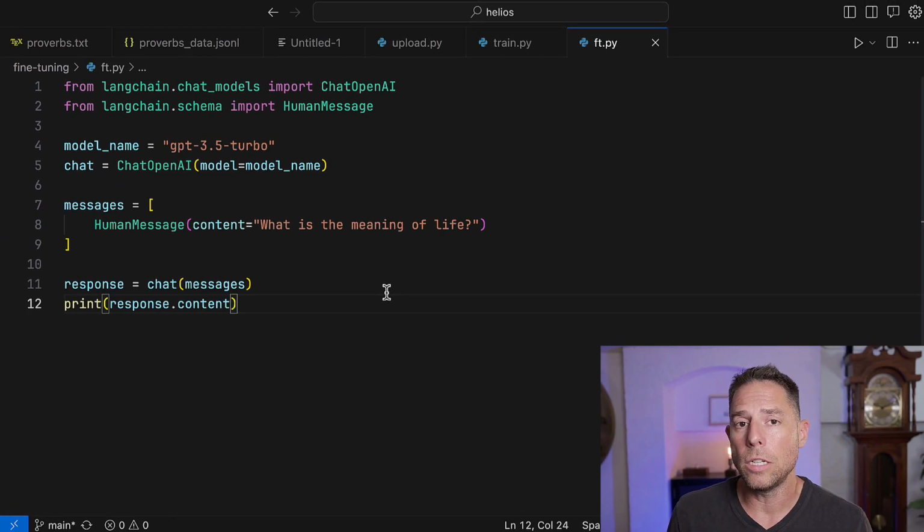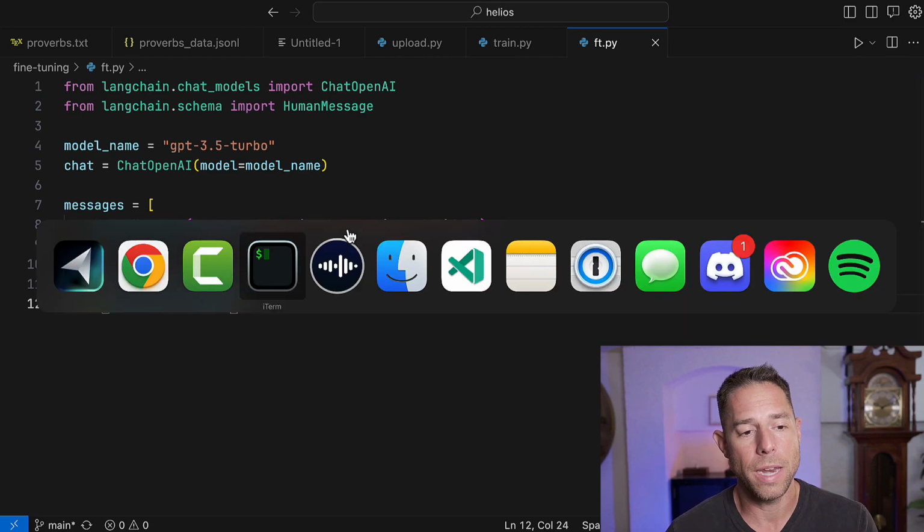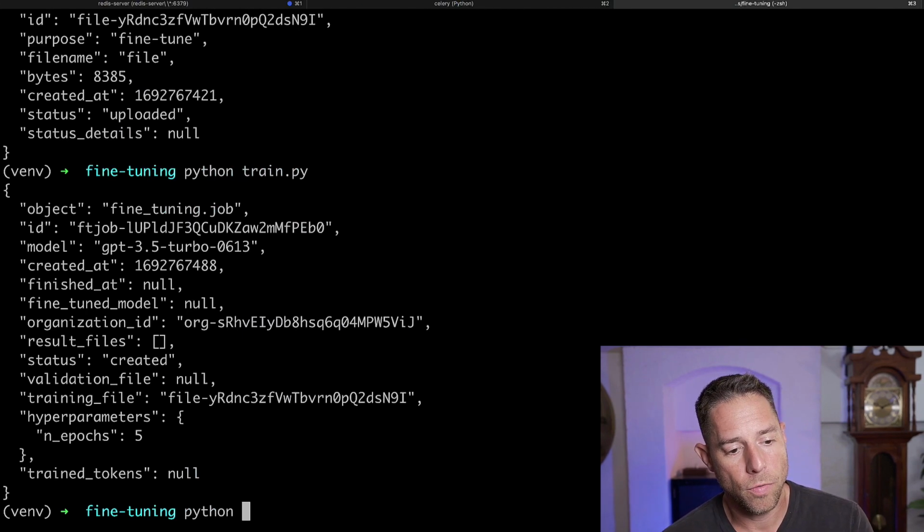Now, I like using LangChain for a lot of my LLM development. LangChain is a great framework for building LLM-powered applications, and I've just found it speeds up my development. This is basically a hello world with LangChain and the ChatGPT API. So this is without my fine-tuned model. Let's just run this and see what happens when I ask ChatGPT 3.5 Turbo, what is the meaning of life? And so if I run this,